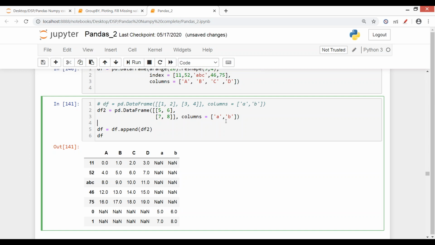So A comma B, these are my column names, and what it will do is, in the end, it will look for the columns A, B, and then it will insert those columns, and lastly it will give new values, and for the rest, because we do not have anything matching here, we've got NaN values. Ideally we do not use append that much, we generally use concat or merge. But it's good to know the functionality, you can perform an append operation as well.